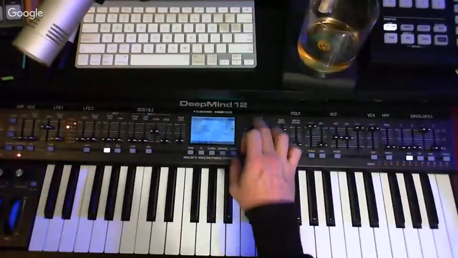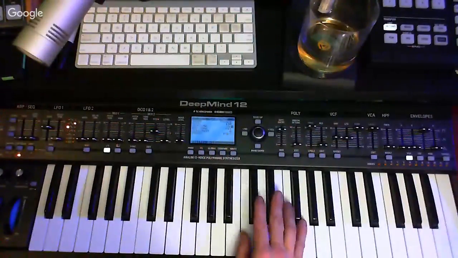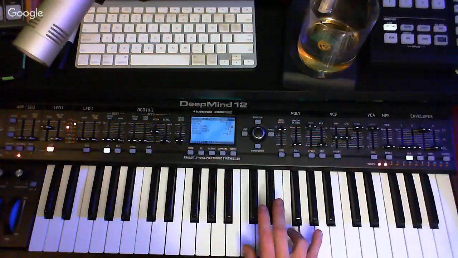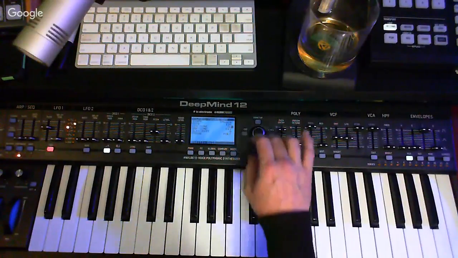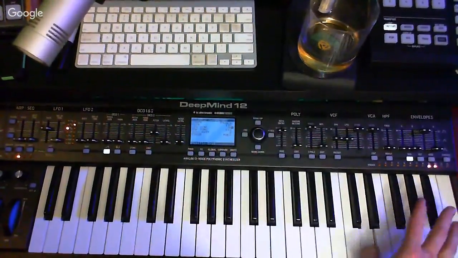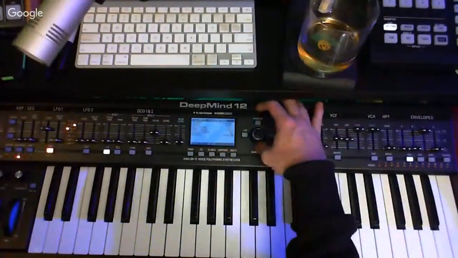So what I'm going to do now is I'm going to turn on key sync. So every time I press the key, the LFO is going to reset. And actually, yeah, that's actually going to be rate of the LFO as well. So now what we're going to do